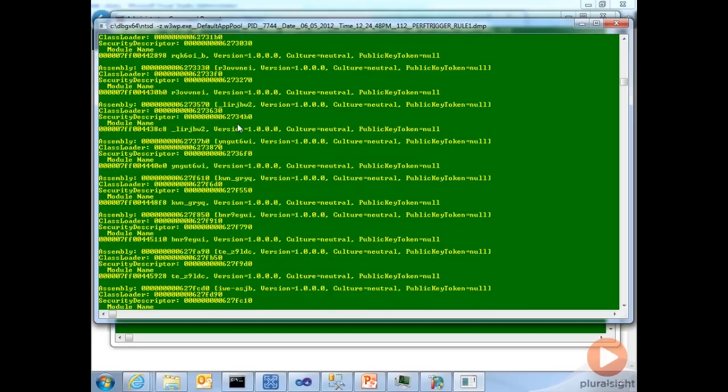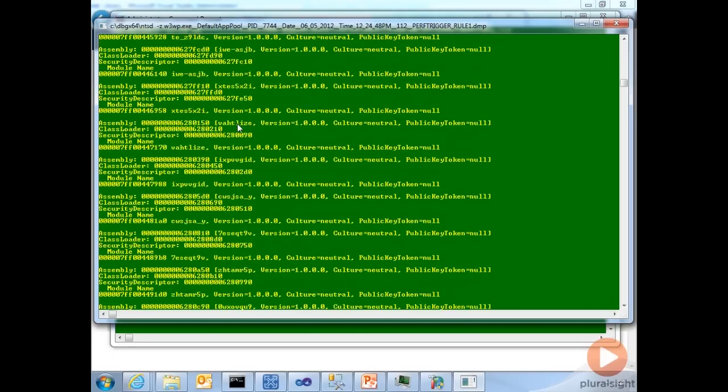Well, there is a way. Let me go and pick one assembly at random here. Let's pick this one, 9VXHH-ZM. It tells you what modules it contains. And that module is also named pretty much the same name as the assembly. Well, we have the module address here. So we can use another command called bang dump module,